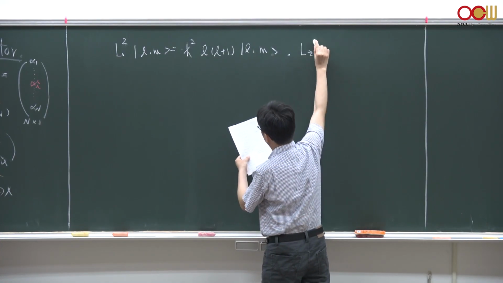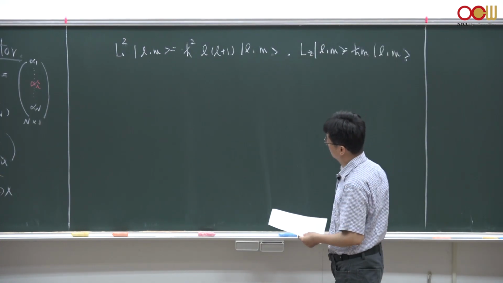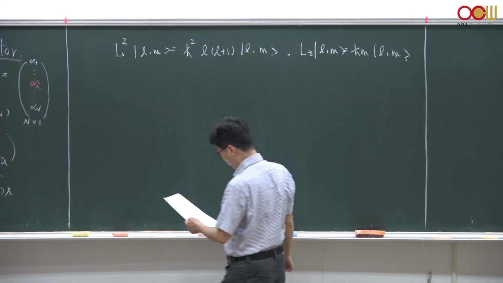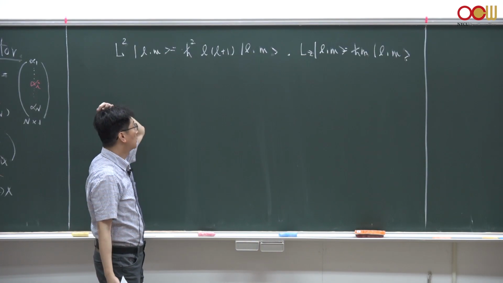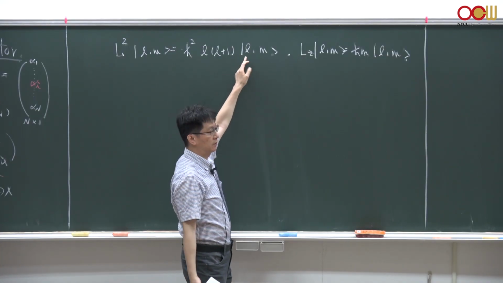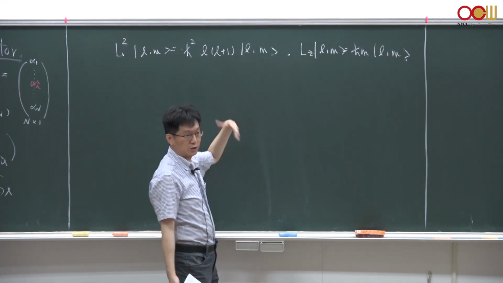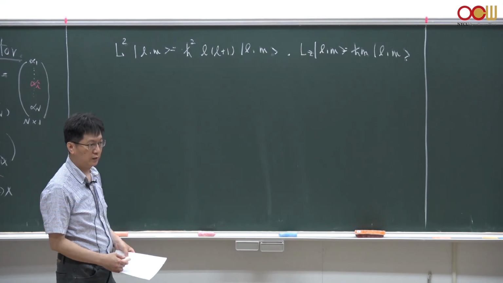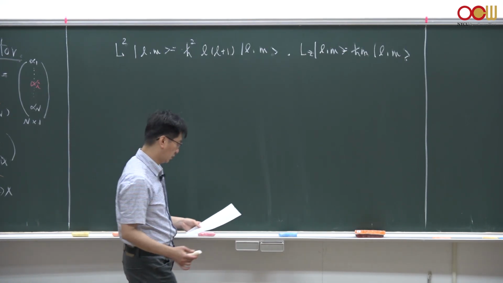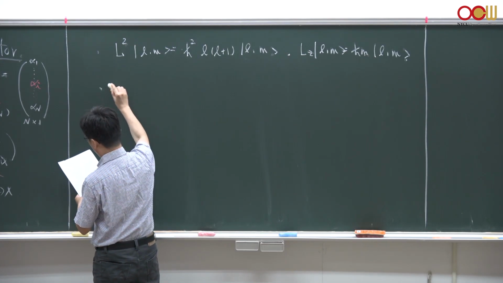Lz is this. So later we will use a matrix for a particular given angular momentum quantum number L, and expand all these, say, eigenstates of L squared and Lz in terms of a matrix. Another example is the harmonic oscillator